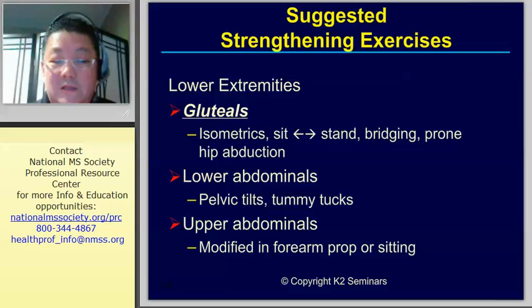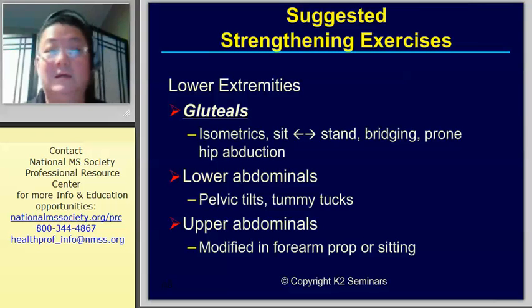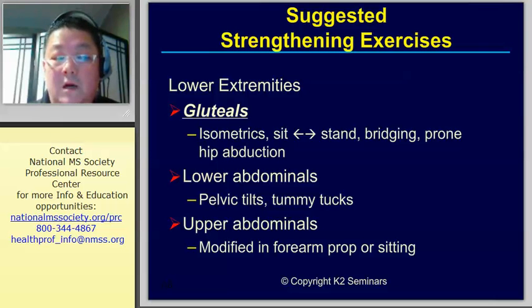So other pieces of the puzzle. If we're dealing with gluteals, sure, we can do isometrics, we can do sit to stand, we can do bridging, we can do prone activities and hip abduction. Incidentally, one of the biggest exercises that we see for those, you'll see in a second, having to do with clamshells. So, well, unfortunately, that's not the best way to actually strengthen the gluteals anymore. Dealing with the low abdominals, we can do pelvic tilts and tummy tucks, modified abdominals, modified in